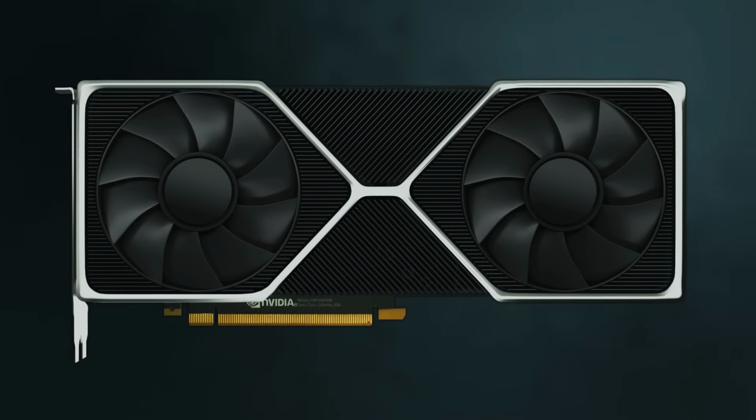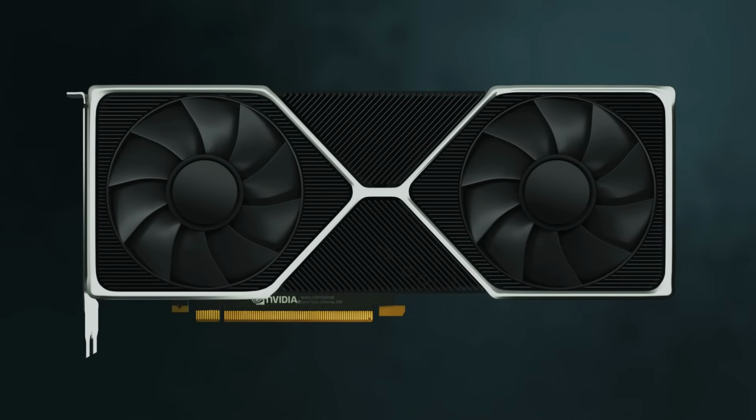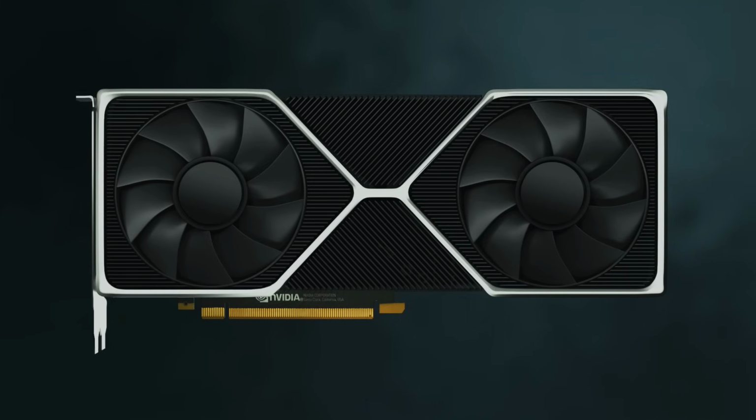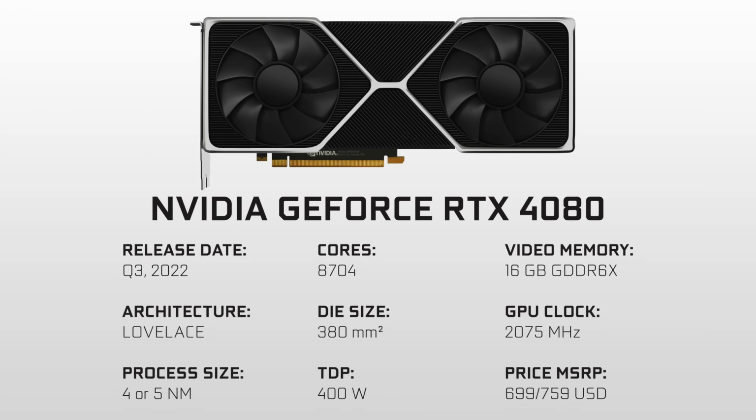Lastly, in Q3 of 2022, Nvidia is expected to launch the RTX 40 series of GPUs. Based on some leaks, we have a pretty clear indication on what the specs of RTX 480 will be. It will be built using the 4 or 5 nanometer processing node, which will be based on the Lovelace architecture, reaching clock speeds of up to 2,075 MHz. It will be packed with 8,704 cores. In terms of memory, the RTX 480 will come with 16 GB of GDDR6X,